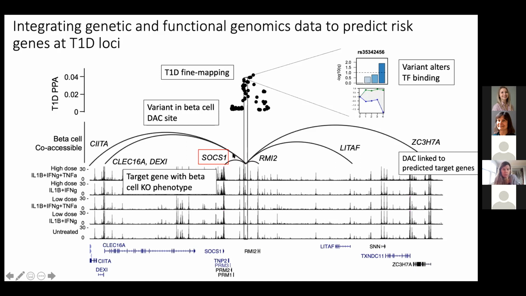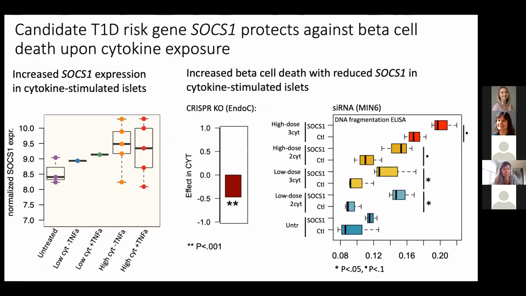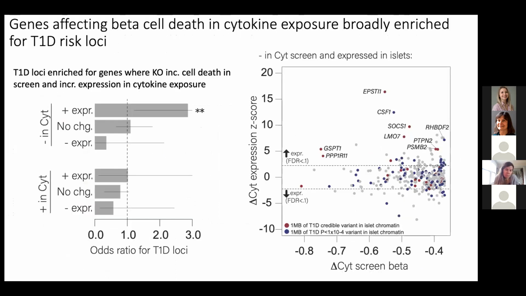This may involve multiple genes, but it seems like potentially regulating SOX1 and its response to cytokine exposure and modulating cell death is a potential mechanism. And we've studied the SOX1 gene in more detail in beta cells and tried to validate that that's the case. And then more broadly, we find that